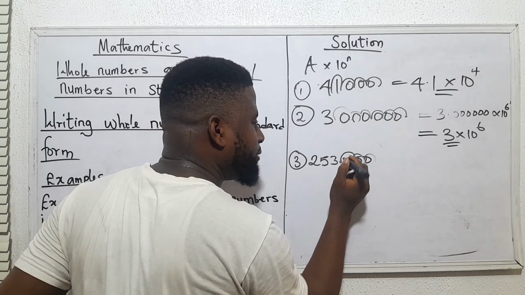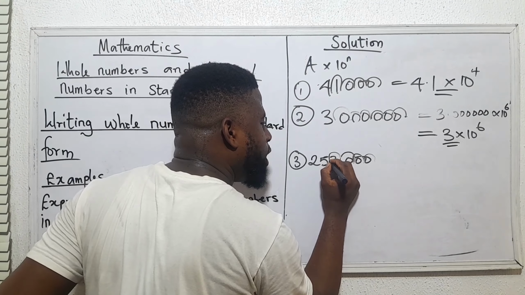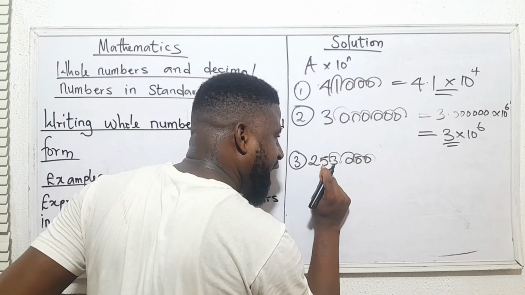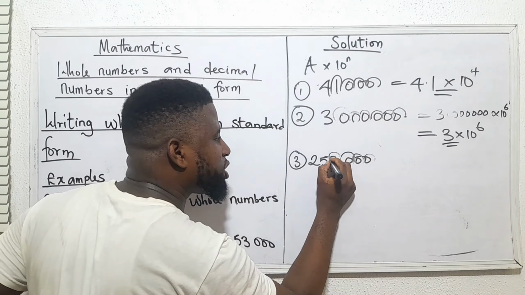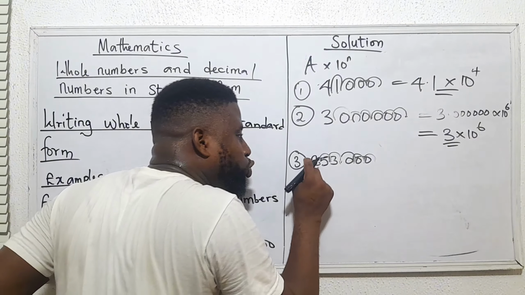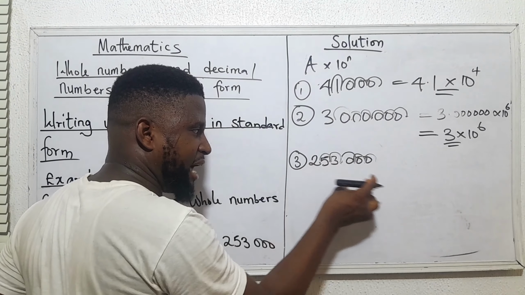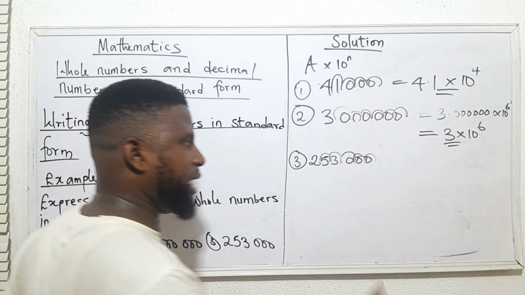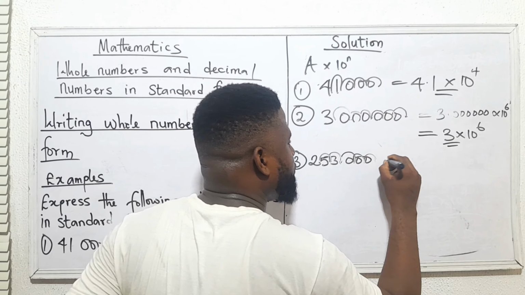It is still greater than 10. So if I shift the decimal point to this place, I will have 25, which is still greater than 10. So I shift it one more time. I now have 2, which is clearly less than 10, and it is greater than 1. So what do we have? This will give us